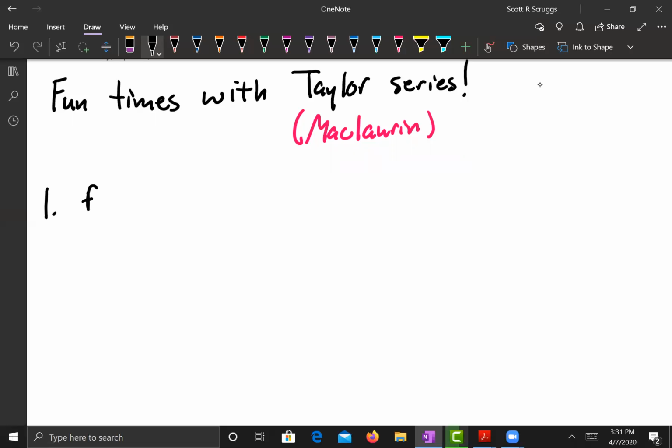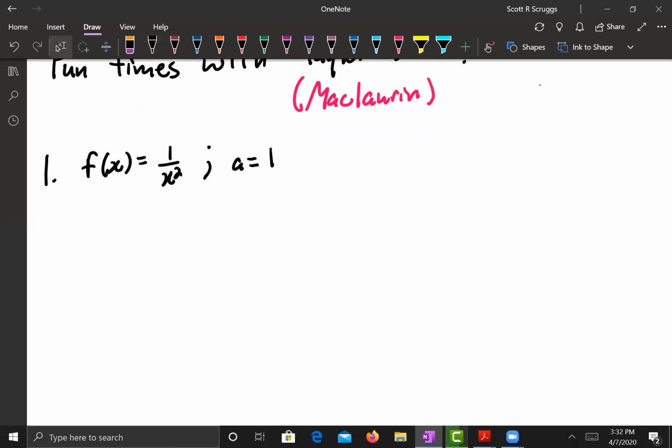let's say I want to form a Taylor series for the function 1 over x squared. And I want to center that at 1. And so let's figure out, if I'm just given this while walking on the street, how can I form a Taylor series for it right off the bat? Well, let's figure that out. Now,